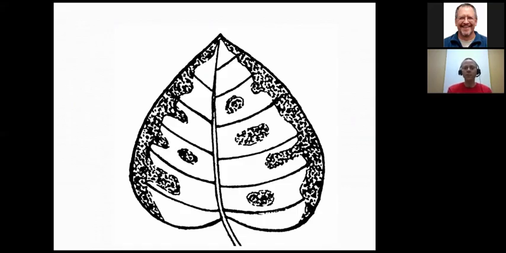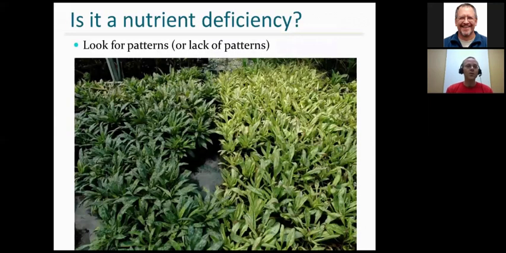And it's not going to be a perfect match always, but we have these marginal lesions on the leaf, and if we fold that, they, for the most part, match up. Now that leads me to believe that it's going to be an environmental or a nutritional problem, or an abiotic disorder. So we can look at this in real life, and here's a crop in a greenhouse, and we look